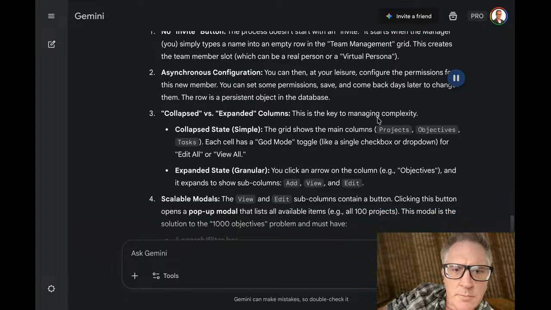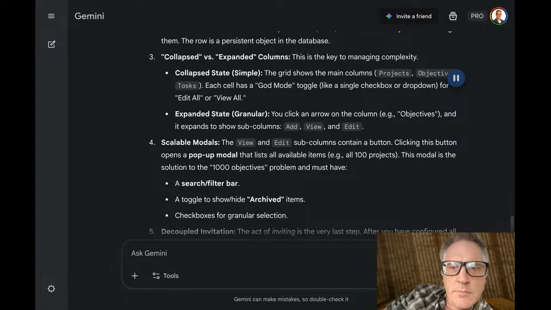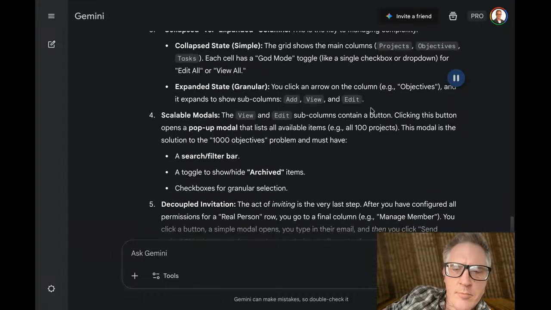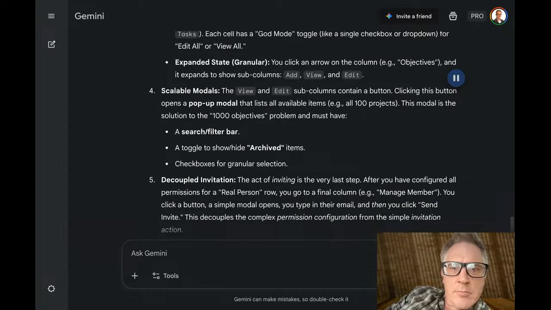Collapsed versus expanded columns. This is the key to managing complexity. Collapsed state, simple. The grid shows the main columns: projects, objectives, tasks. Each cell has a God mode toggle, like a single checkbox or dropdown, for edit all or view all. Expanded state, granular. You click an arrow on the column, e.g., objectives, and it expands to show subcolumns: add, view,